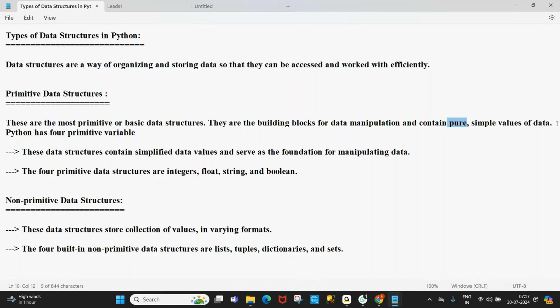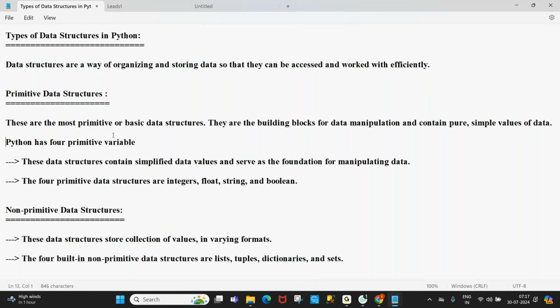Python has four primitive data types, guys. What are the four primitive data types?